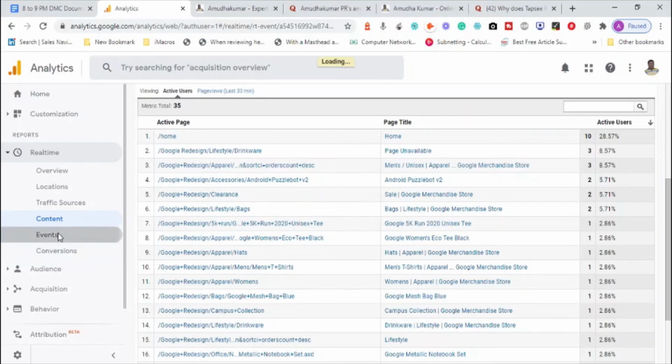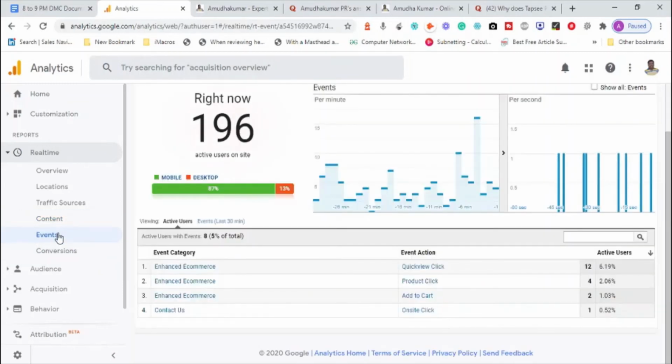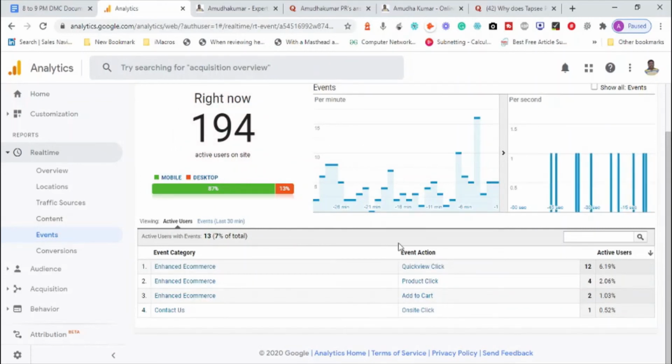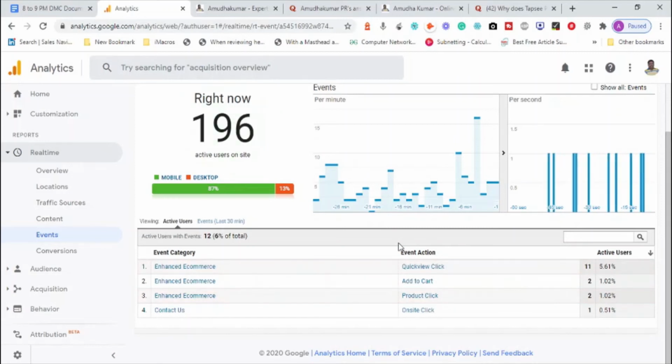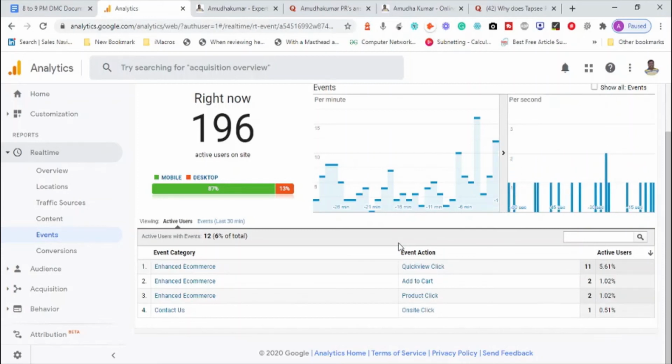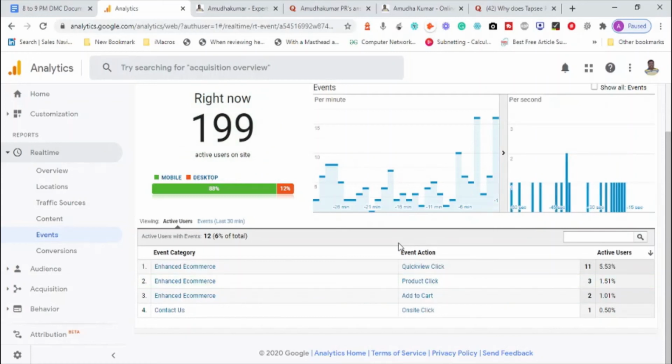And we have something called events. Events are something like when people take an action on the website. When somebody clicks on the buy button, that is an event. When they add to cart, when they click on checkout, everything is an event. In technical language, an event is where people use a mouse and click somewhere. Something happened: somebody clicked on the submit button, the login button, the sign up button. So that is an event, the event that actually happened. These are all the activities that happen on the website, like a visitor coming to the website and what categories of pages the person clicked. So that is called events.